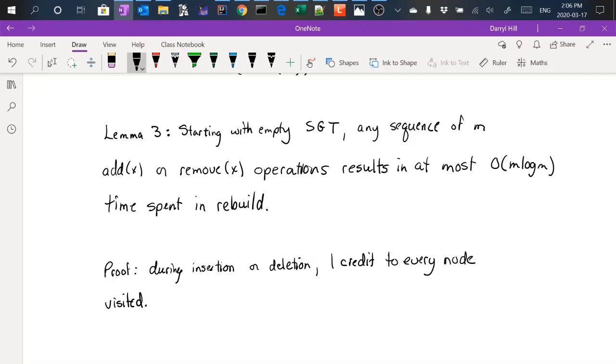So since we started with an empty scapegoat tree, we've given out at most the height of the tree per operation, and that's at most